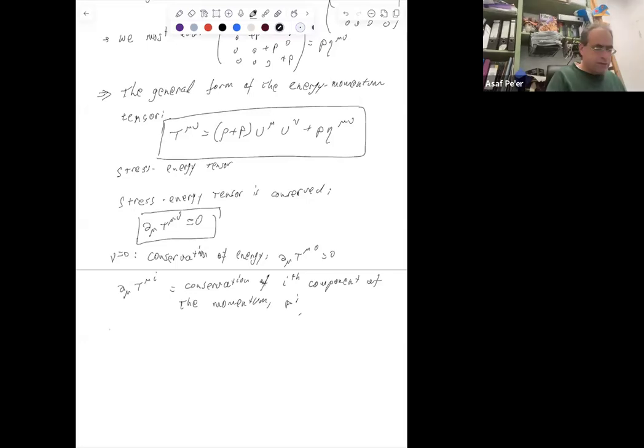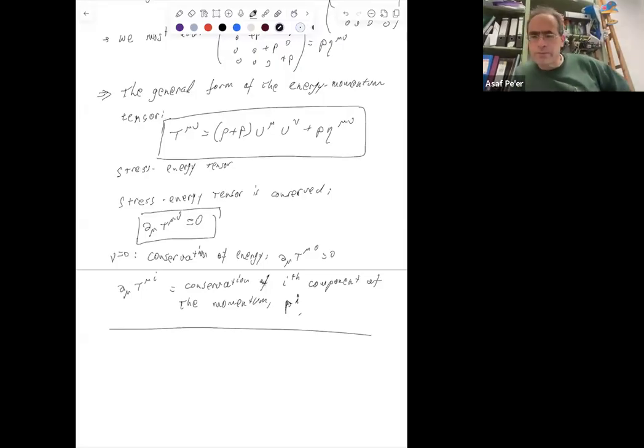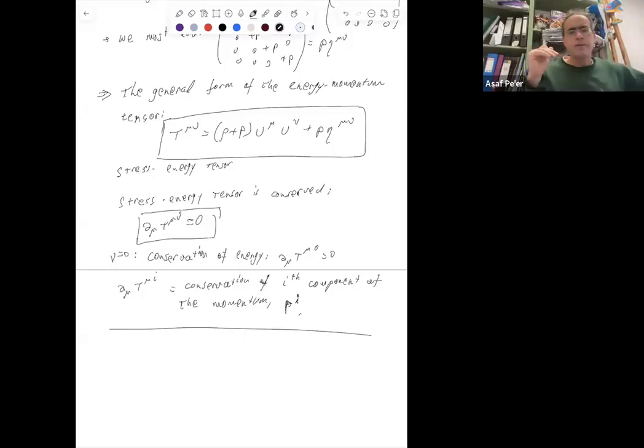Again, once you get used to it, this is what's called Euler's equation, if you encounter that. If not, this is just a very, very strong way of describing conservation of energy and momentum. Essentially, this is what it is. All right. I'll give you a problem set to play a little bit with that,